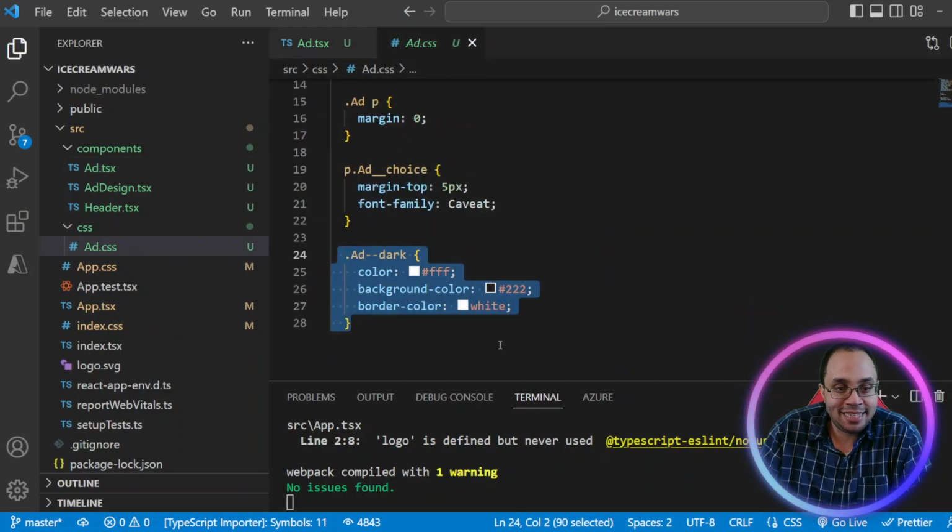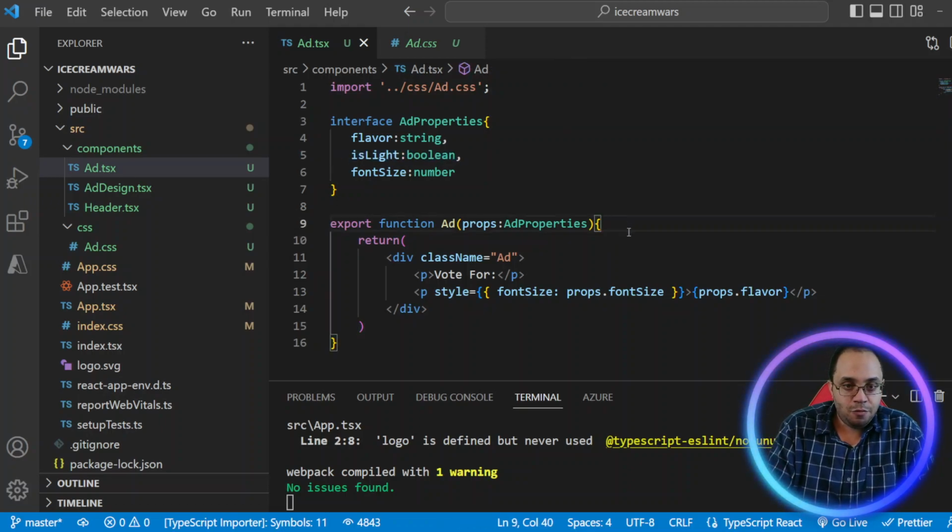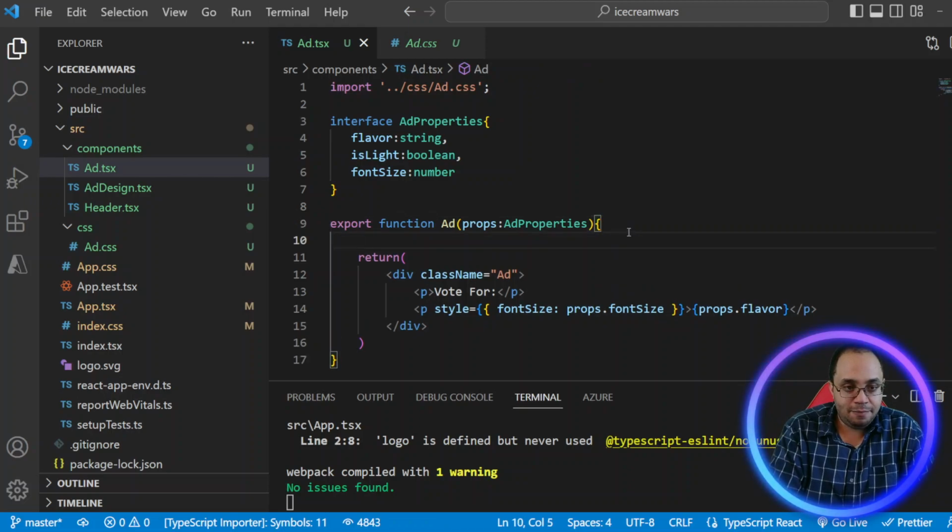Now, let me show you in the add.css. I have the CSS for making the background black. I just called it add two hyphens dark. I would like this class name to change based on whether or not it is true or false. That's fine, we can do that. We're going to need to add some variables in the front. So let's do, here, let class name